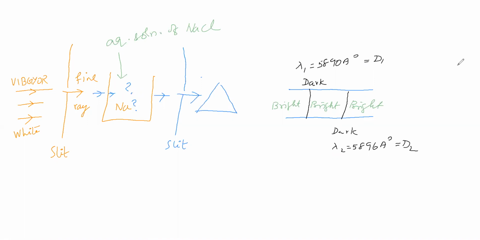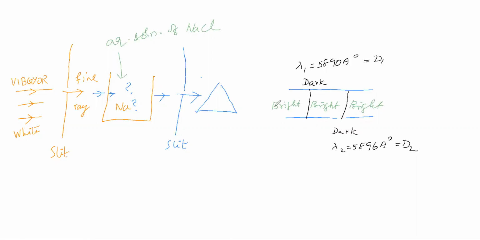Now you are asking a question: will the bright area be yellow in color? And do the dark lines have a wavelength? The question is whether this dark line has any wavelength. A dark line means radiation has not fallen there, and that we have to see. Here it is bright.